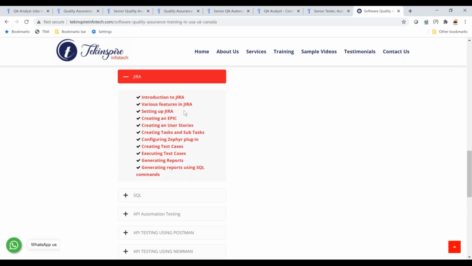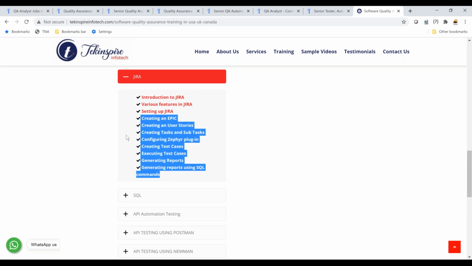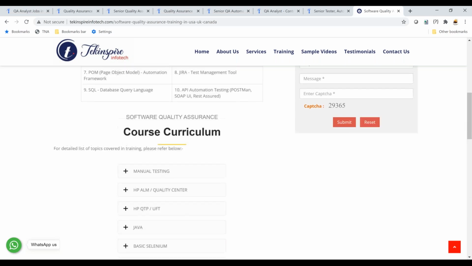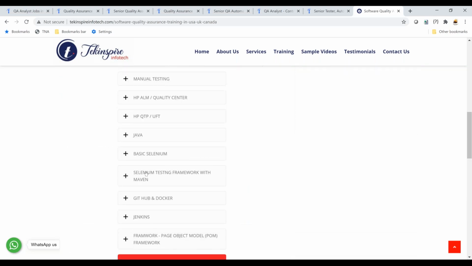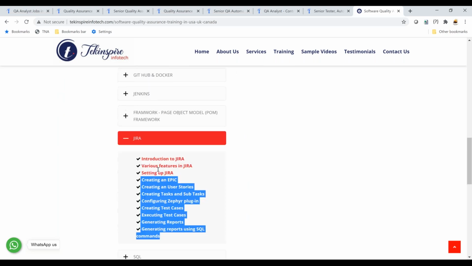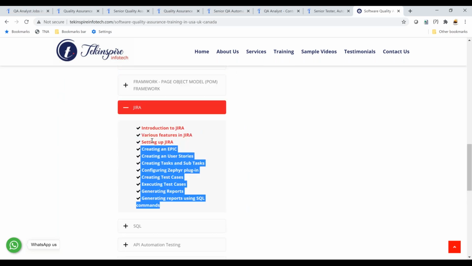Jira, which is part of what you were talking about in manual testing, these things are covered in Jira. I mentioned it separately because Jira doesn't come under manual testing, so this has to be discussed separately. Explicitly, we are going to discuss Jira. Even a business analyst can work with this. Scrum Master will help out with this, QA will help out with this, and developer will help out with these topics.